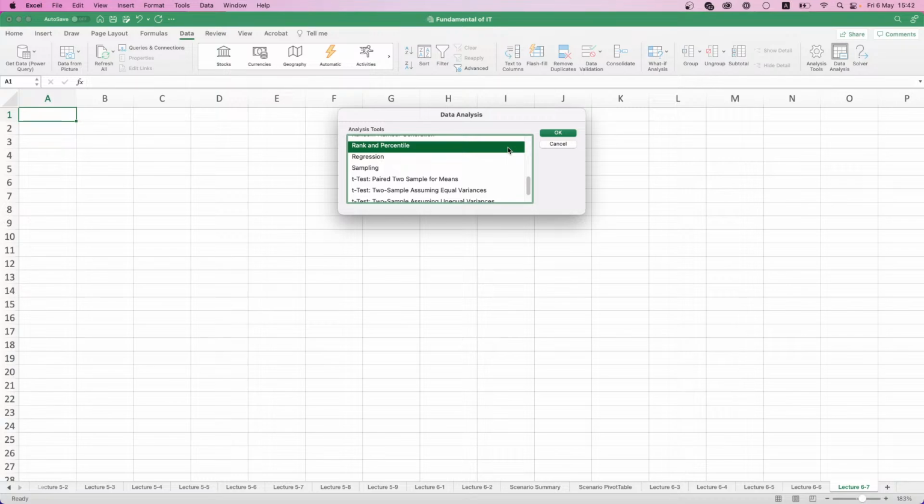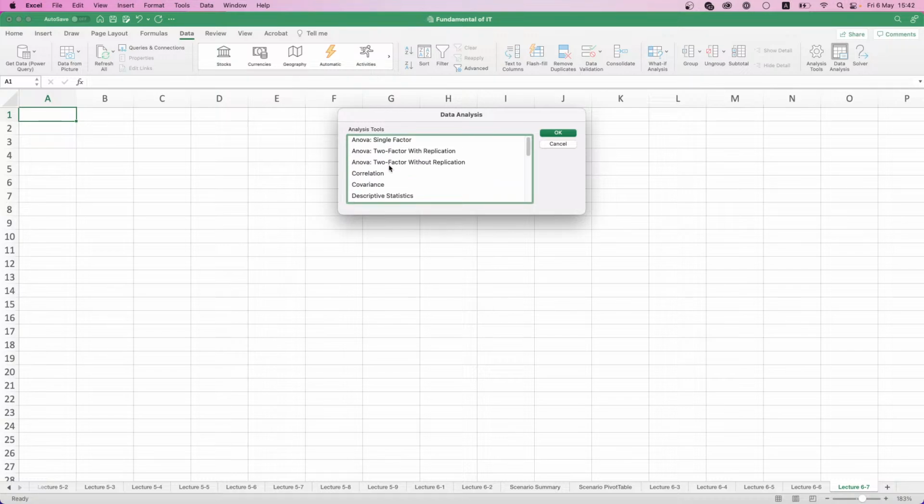Most of them are highly professional, highly connected with maths. That is why we don't need to know all of them. But there are some of them that we may use in order to work with the data on a simple level. So let's start with the tool which is called